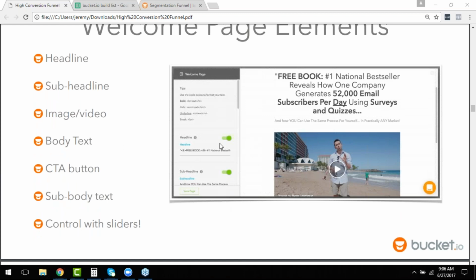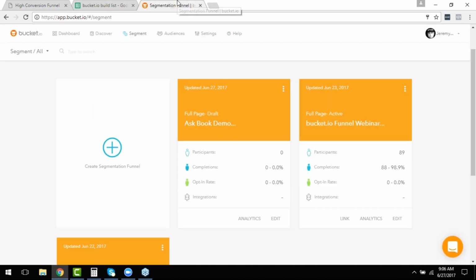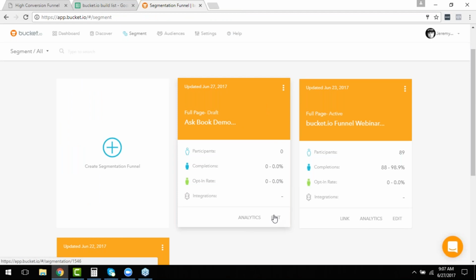But today, we're just going to pop in a headline, a subhead, a video, and some basic pre-frame messaging to set up for the survey. So I'm going to jump over here into Bucket. I've already started it. I haven't actually built it out yet. So we're going to hit edit,